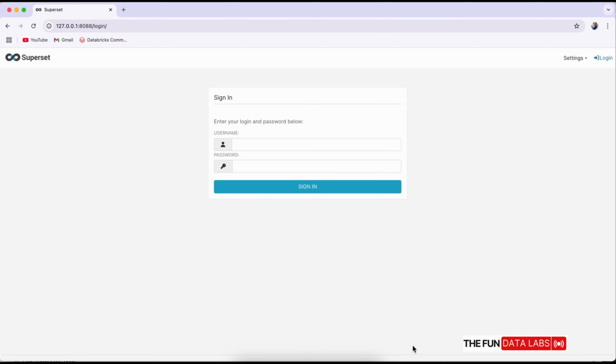Today we're going to create a line chart to visualize total sales by day using custom datasets and a line chart. In this tutorial, we'll focus specifically on using SQL Lab to build a time series visualization that shows daily sales trends over time. Let's start by accessing SQL Lab.